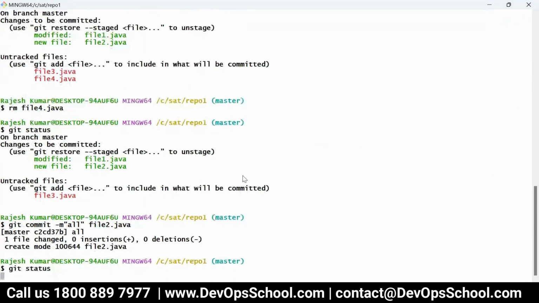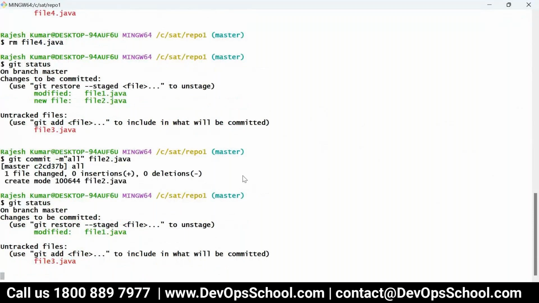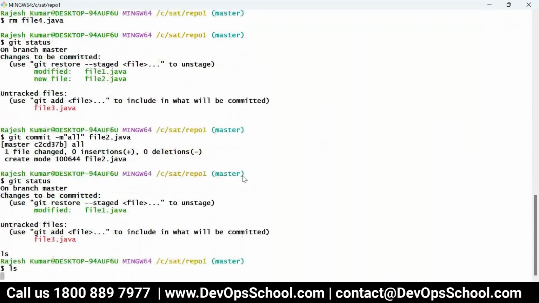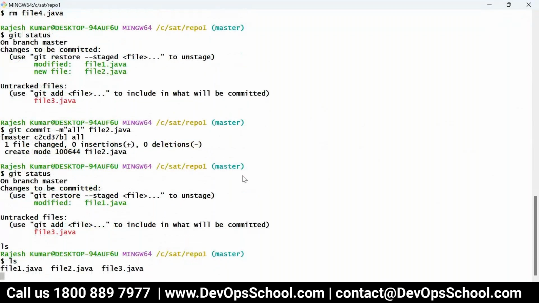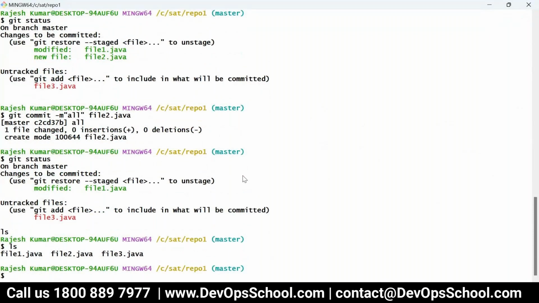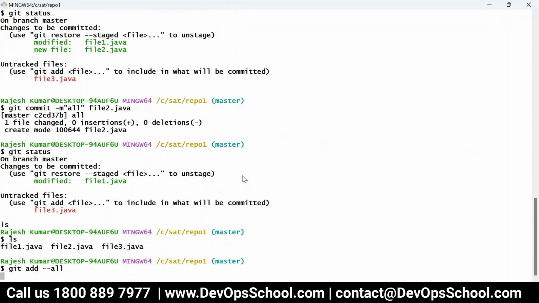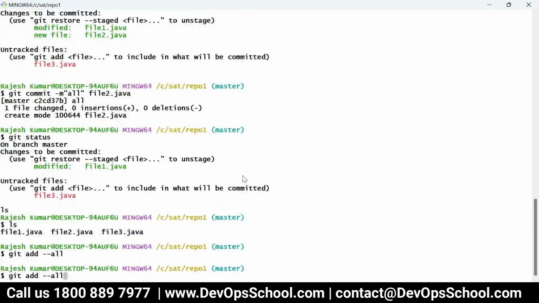See here, that means file 1 and file 2 are committed, and file 1 has new changes not committed, and file 2 is committed fully. If you want to add the whole thing, add all and commit all. See the status.